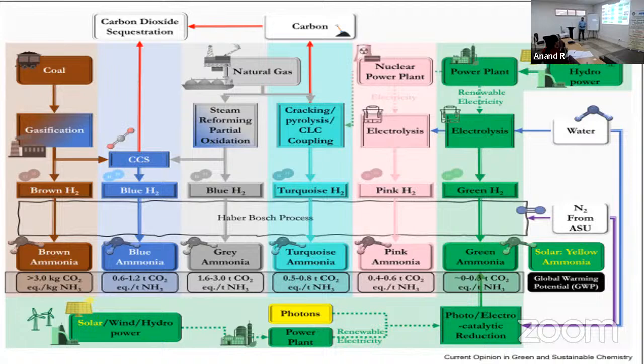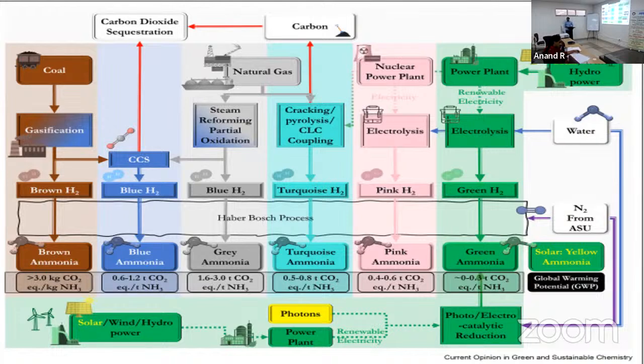I hope you got the idea. Now you can draw your own system and write what the inputs and outputs are. Then you can divide that input and output into 2. For this class you may consider global warming potential only. Then energy and global warming potential: how much energy input, how much energy output, how much global warming, how much emission you produced by that process. Similarly, you have to calculate. You draw, and if you have any doubt, you can ask. If I know, we can discuss.